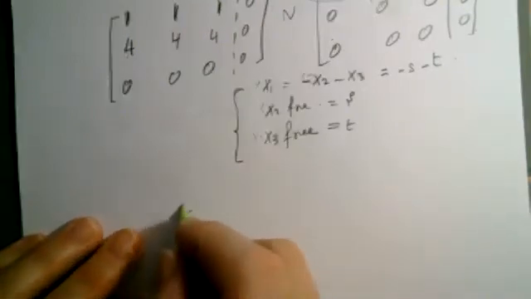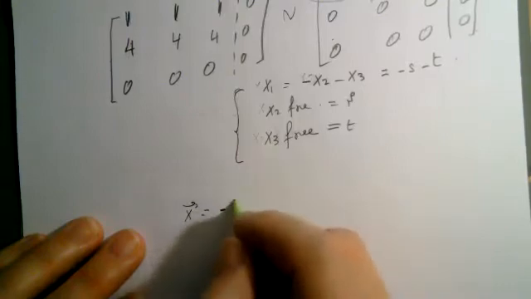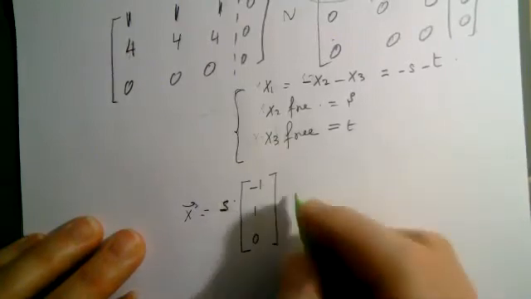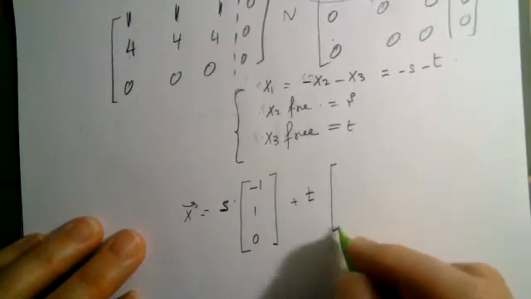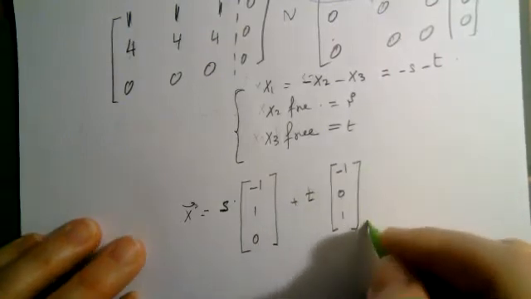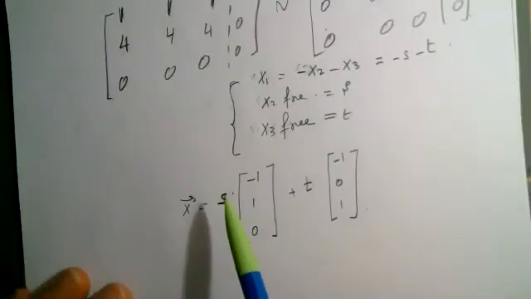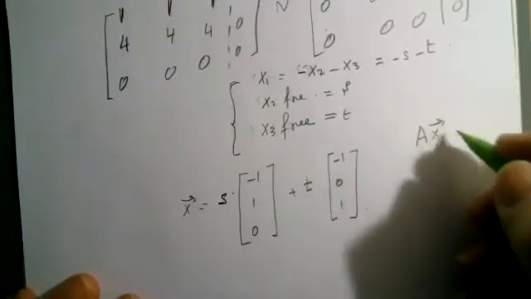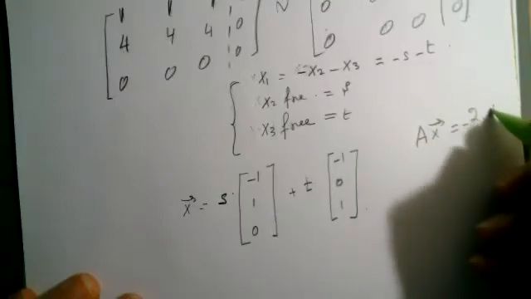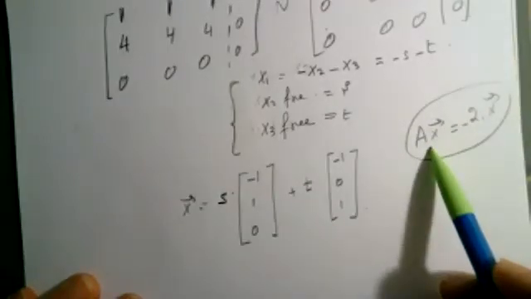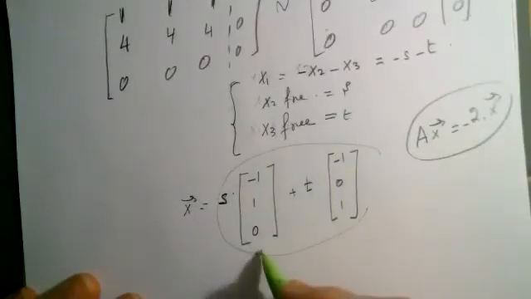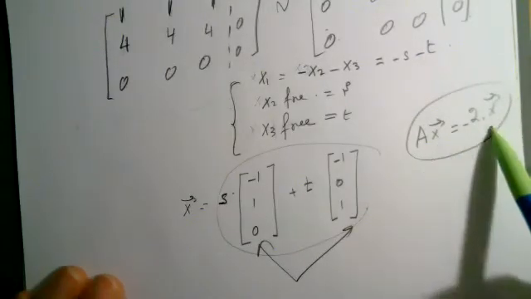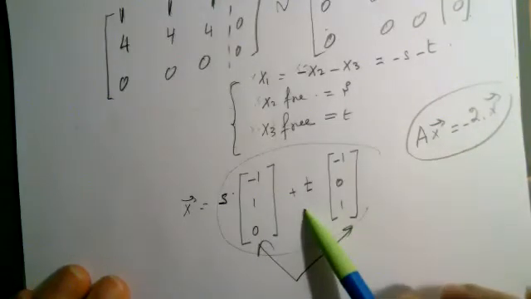So in parametric form, my vector will have the following format: s times (minus 1, 1, 0) plus t times (minus 1, 0, 1). It means every eigenvector that corresponds to lambda equal minus 2, every vector that has the property Ax equal minus 2x, is a linear combination of those following two vectors. So there are a lot of vectors that satisfy this, and each one of them is actually a linear combination